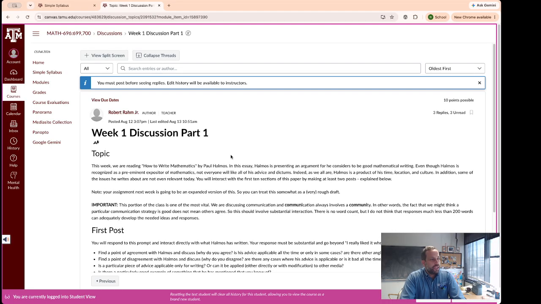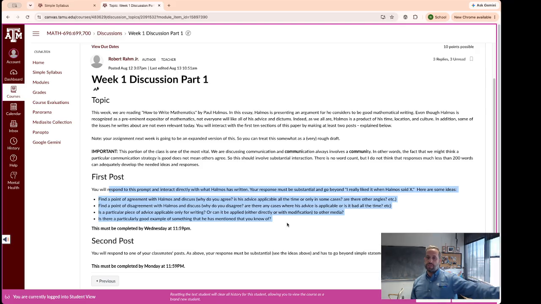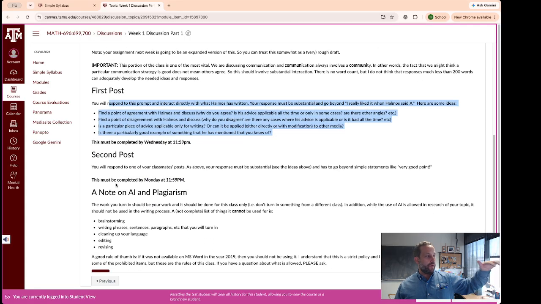There are 2 discussions each week. In each discussion, there's going to be 2 responses. One response, I say exactly what to say here, how to respond in the first post. You're going to respond to that by Wednesday, 11:59 p.m. And your second post is going to be responding to one of your classmates' posts,